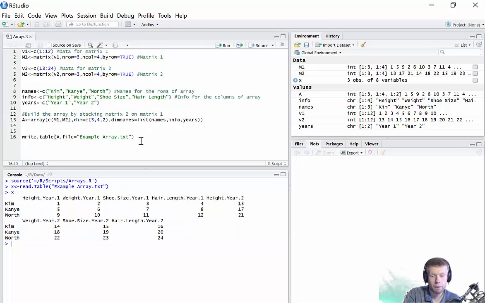If I wanted to write more things, I can also write matrices, I can also write vectors. Just for example, let me show you how to write the first matrix, and then I'll take it on good word that you can do the rest if you want to save other things. So let's do write.table, and I'm going to save the first matrix, which I've called M1. Okay, I need to give it a name, so file equals, and what do I want to call it? Let's just call it matrix1. Again, I'm going to save it as a text file, so .txt. That's enough. I've already set the working directory. I don't need to set it again. I'll click Source,